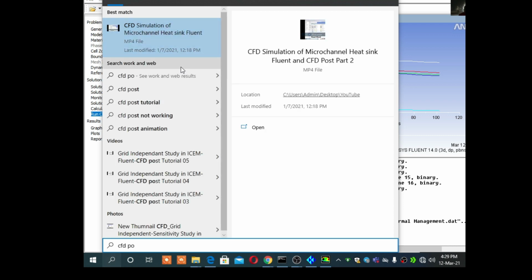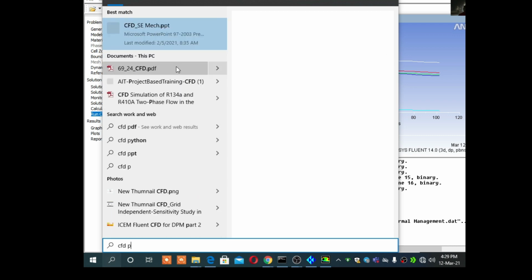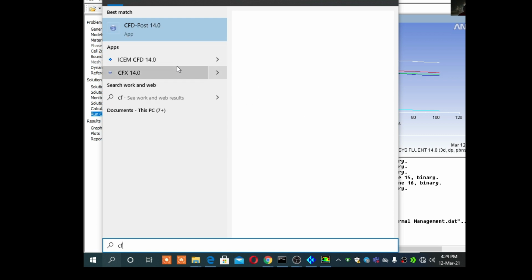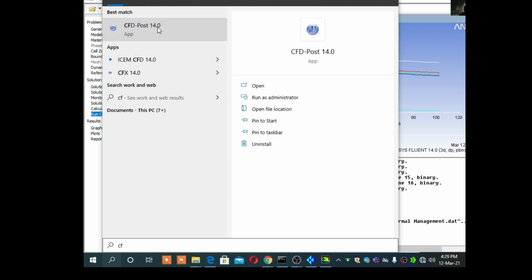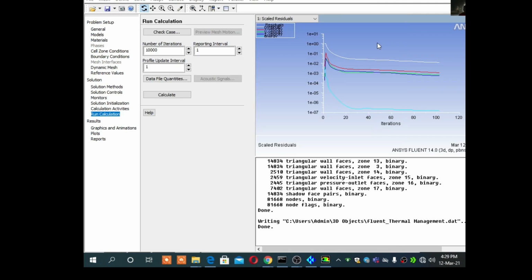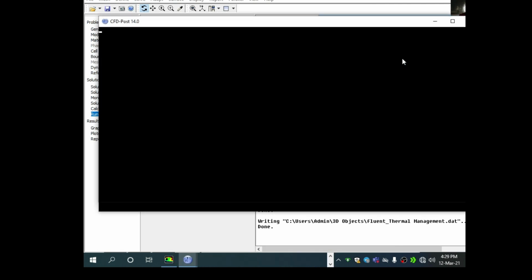Here is the CFD Post. And you will enjoy this kind of thermal management or thermal analysis part.